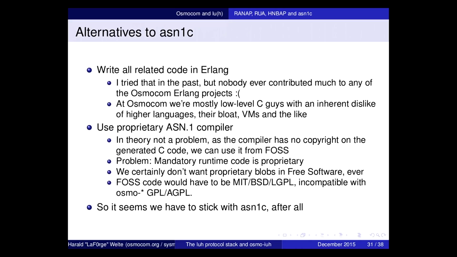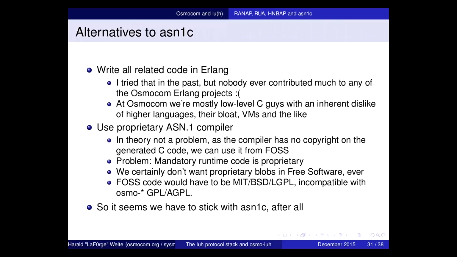Now, alternatives to ASN1C, well, the most complete toolkit you can find for working with ASN1 exists in the Erlang OTP system. Well, I used this in the past for a lot of Osmocom projects, but the fact is the C projects, there are other developers and people that contribute, and the Erlang projects, there is nobody that contributes except from me.